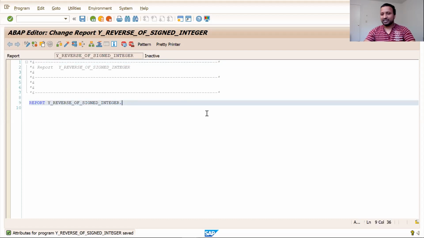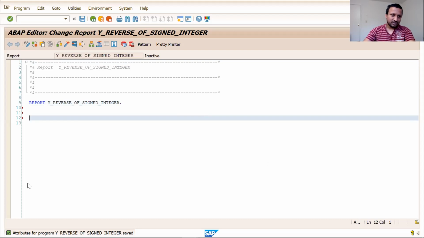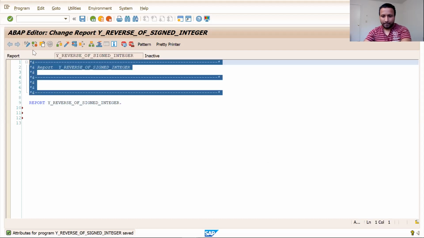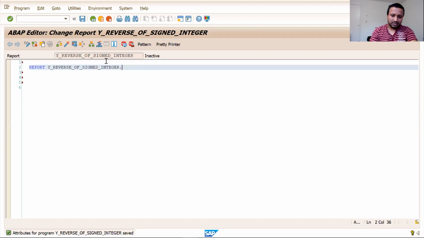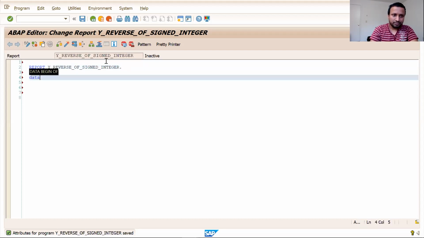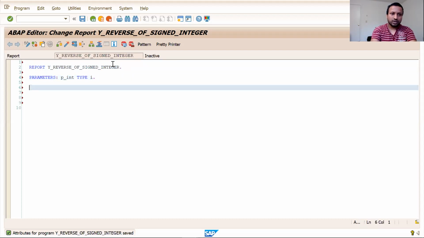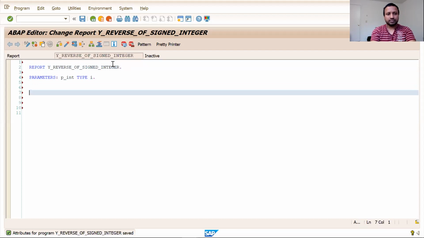So when someone asks you the reverse of the signed integer, let us remove this comment section. You can put parameters, which would be your input: p_some_integer, which is of type integer, so it obviously allows integer values. Now what you need to do is pretty straightforward.